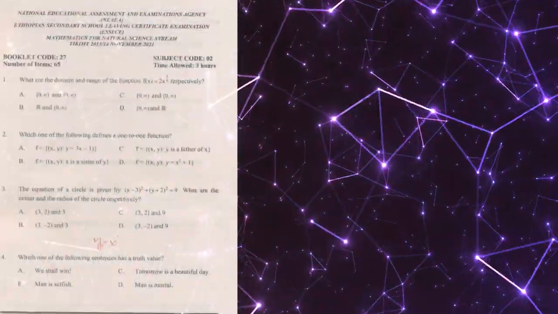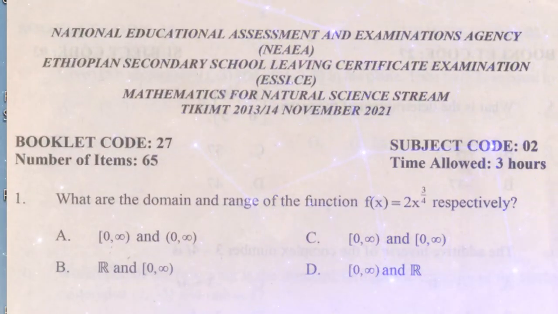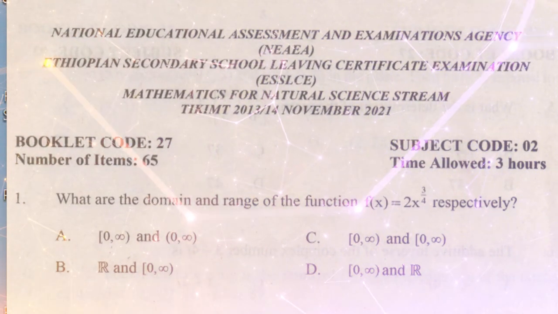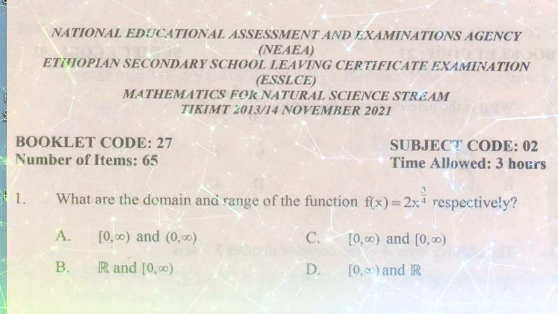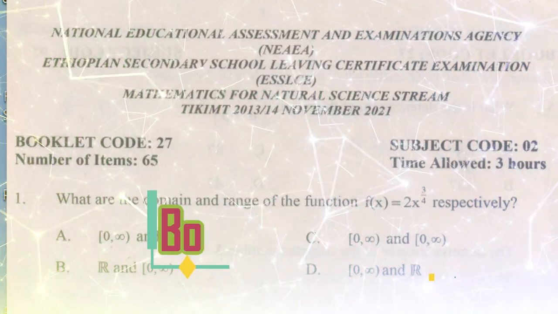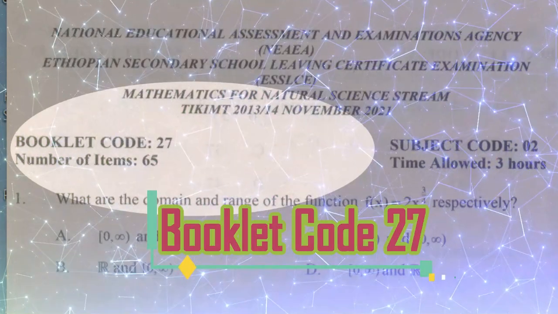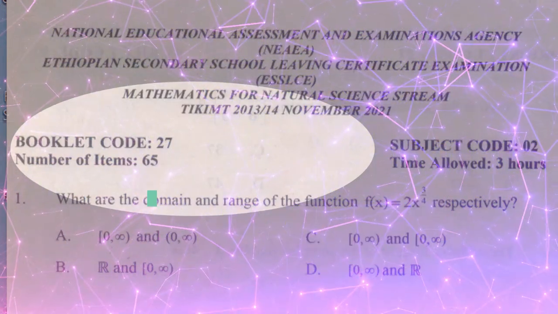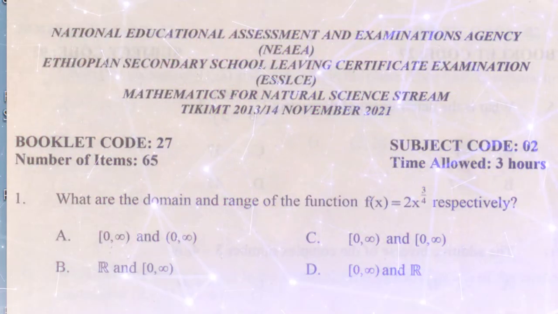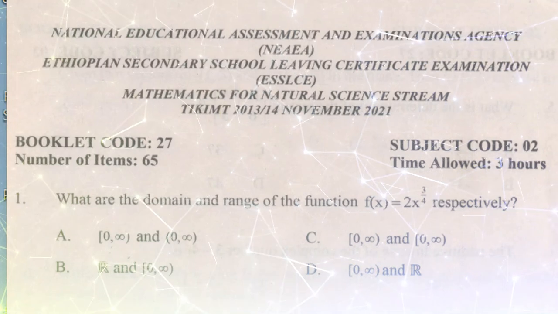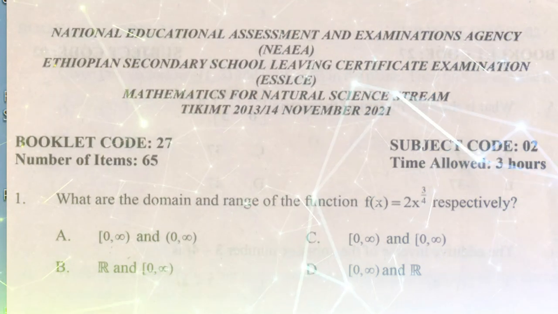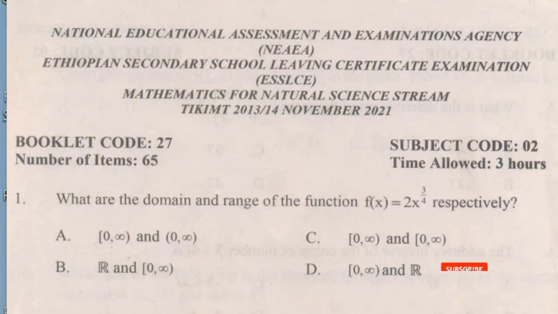ሰላም እንዴት ናችሁ? በዚህ ቪዲዮ በ12ኛ ክፍል የ2014 ኤግዛሚኔሽን ላይ ጥያቄዎቹን ሪቫይዝ እናደርጋለን፣ መልሶቹን እንሰራለን። የምታዩት ቡክሌት ኮድ 27 ማትስ ፎር ናቹራል ሳይንስ ስትሪም ነው። ስለዚህ ጥያቄዎቹን አንድ በአንድ መልሳቸውን እናያለን። የመጀመሪያው ጥያቄ what are the domain and range of the function f of x is equals to 2 times x the power of 3 over 4 ነው የሚለው።